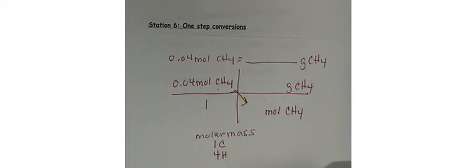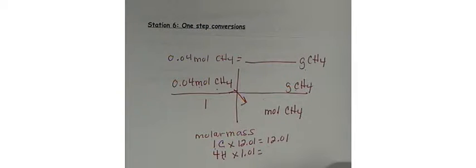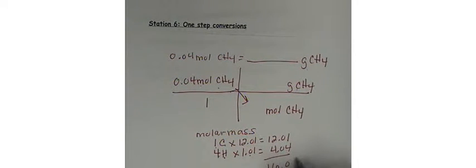To get your molar mass, you also want to go to the periodic table and look up the atomic mass of carbon. So the atomic mass of carbon is 12.01. So I'm going to take however many carbons I have and multiply it by my atomic mass for carbon. And that will give me 12.01. Then you go to hydrogen, you look on the periodic table, find its atomic mass, which happens to be 1.01. And remember, you want 2 places past the decimal on your atomic mass. And so you multiply the number you have times your atomic mass, and you get 4.04. And then you add that together, and that gives you 16.05